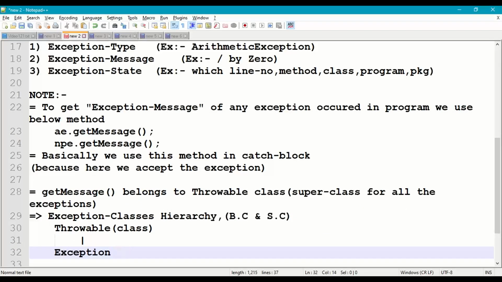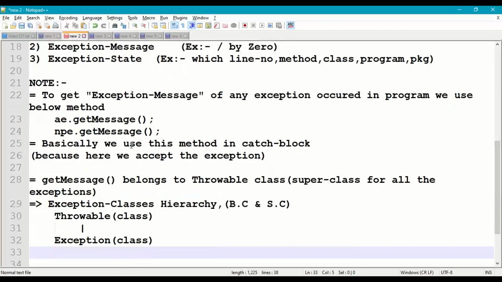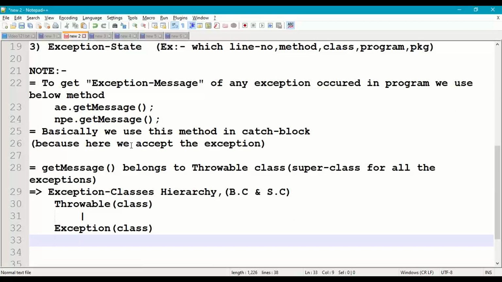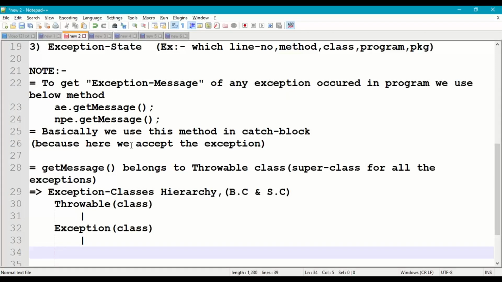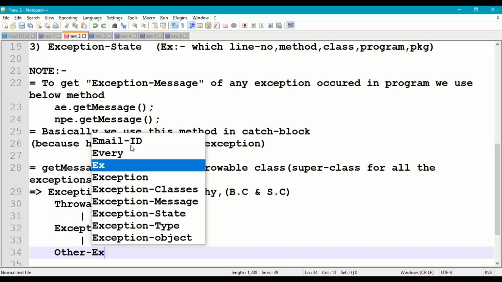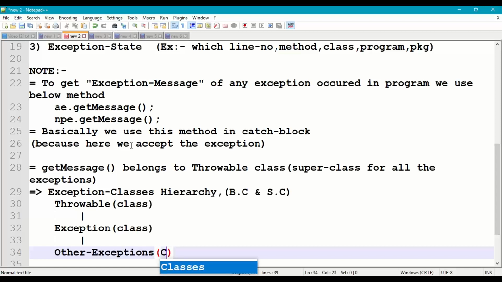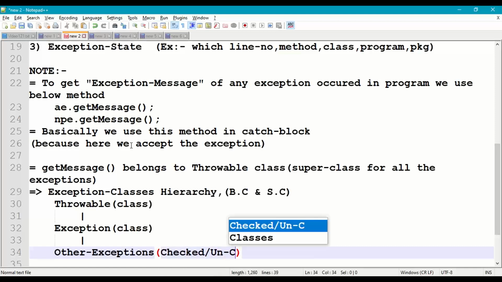Exception is also one class in Java, and under this we have different types of exceptions, which can be checked or unchecked exceptions.